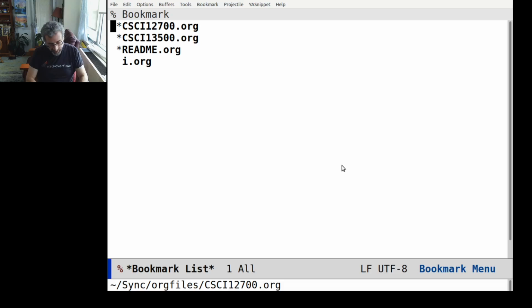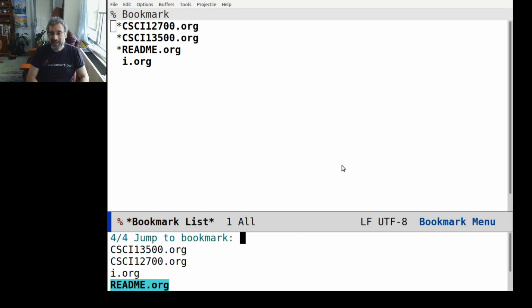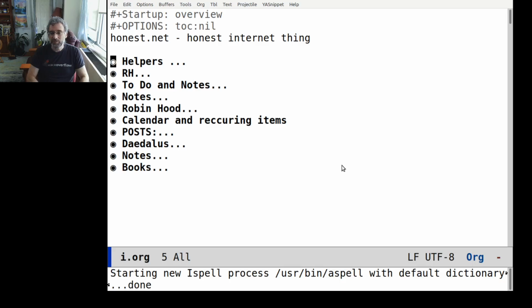I will note one thing here: the commands to deal with bookmarks are Control-X-R and then something, like bookmark jump for B, and I can then say, oh, let's go to this bookmark. And those are the register commands, and there are a whole bunch of things, and I'm not going to say too much about them here, but it's kind of funny that